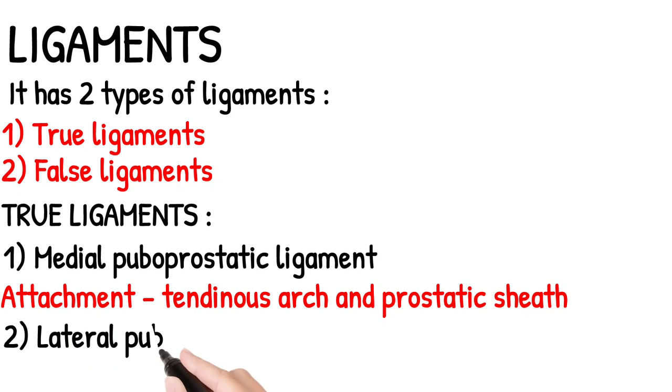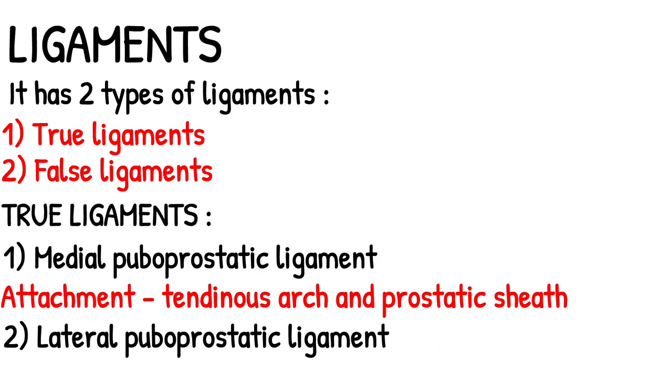Now coming to ligaments which are related to the urinary bladder. So urinary bladder is basically related to two types of ligaments. The first one are true ligaments and the second ones are false ligaments. What are true ligaments? The true ligaments are the ligaments which provide actual support to the urinary bladder to stay in its position. Otherwise the urinary bladder will move here and there. These true ligaments are formed from the pelvic fascia. So there are basically 5 true ligaments related to the urinary bladder.